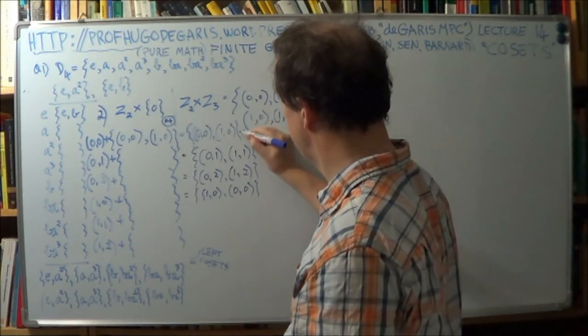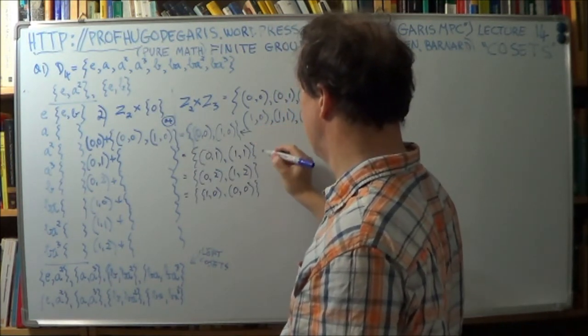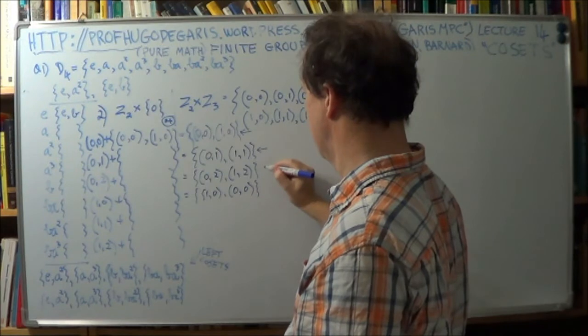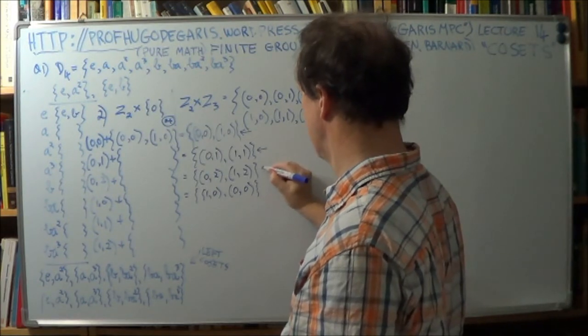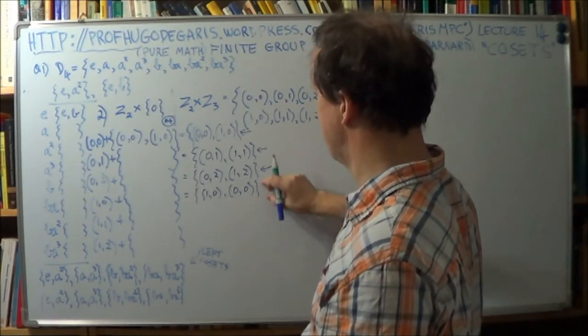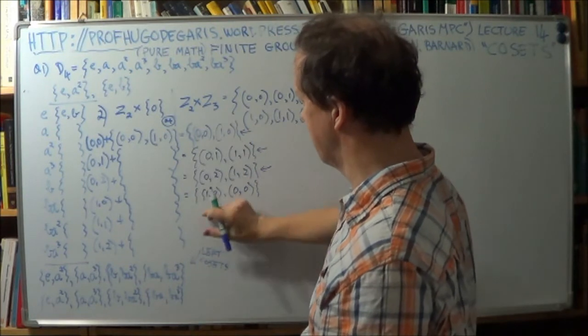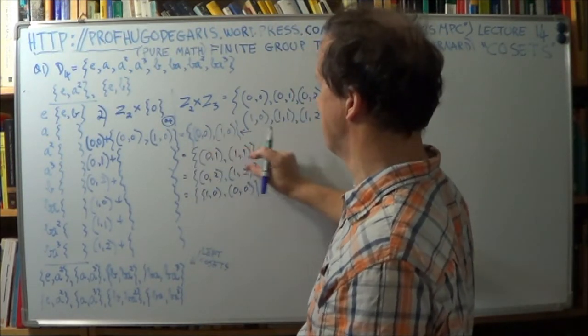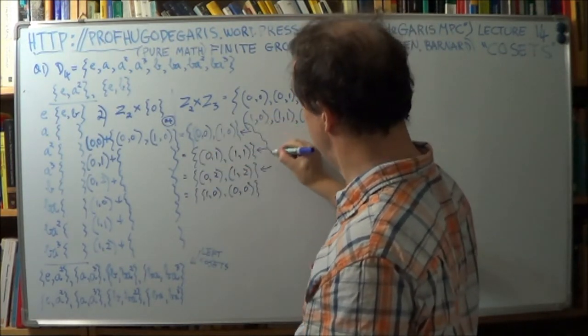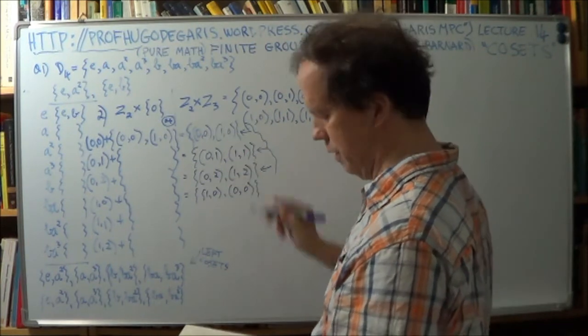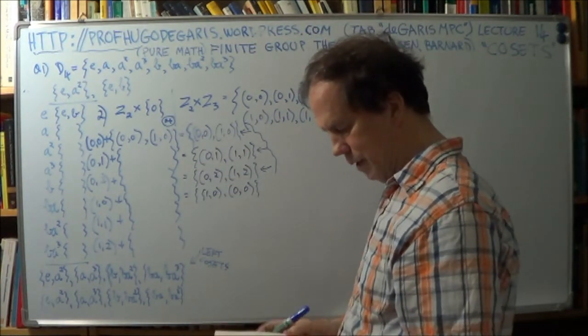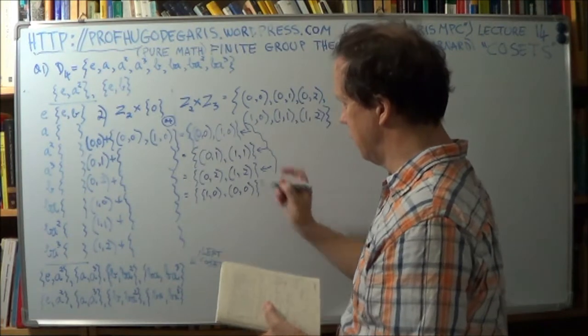That's 1. That's 1. That's 1. Now this one is the same as that, right? And similarly, the remaining two are the same. So these three are your left cosets, and now you can rewrite